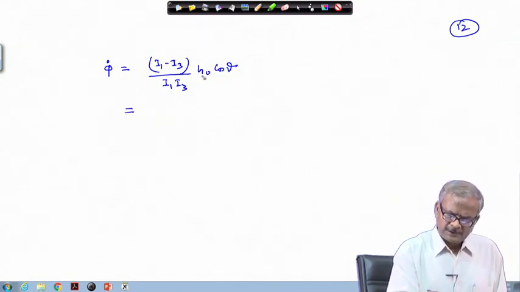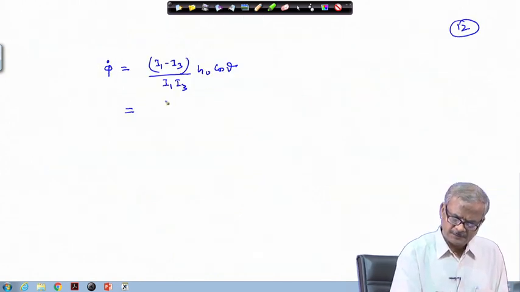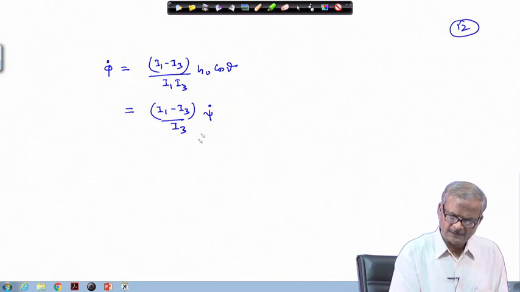So, we know that H0 by I1 here, this quantity is psi dot. Okay. So, we can write here (I1 minus I3) divided by I3, and H0 by I1 is psi dot. So, this becomes psi dot cos theta,